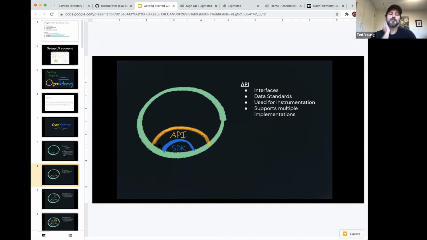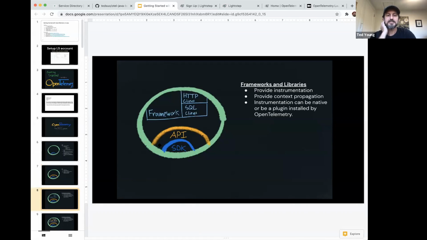And when you're instrumenting, say, your frameworks and applications, your HTTP clients, all of your libraries, you don't want to necessarily have the fact that you're adding this instrumentation take on a big dependency like all the SDK